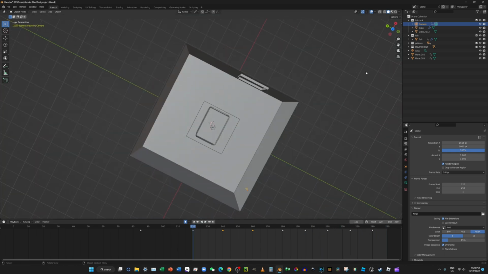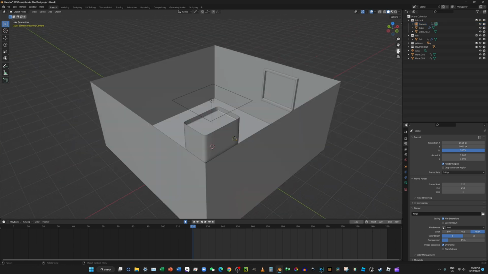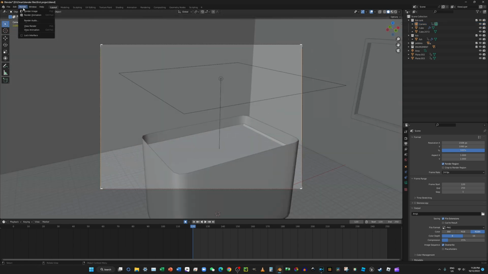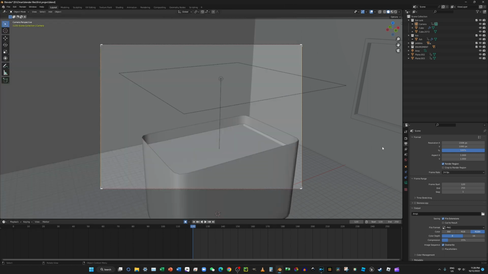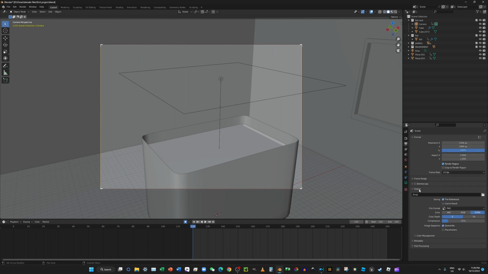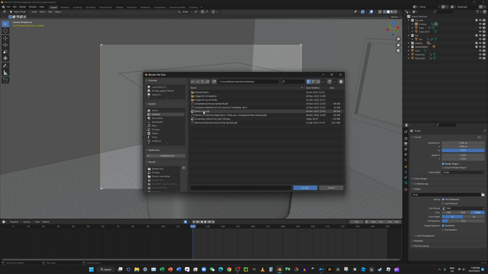And now we're finished. So what you want to do is press render, animation. Oh, and before you do that, go to output. So go to here and go to output. Select where you want to output it. So I want to output it in